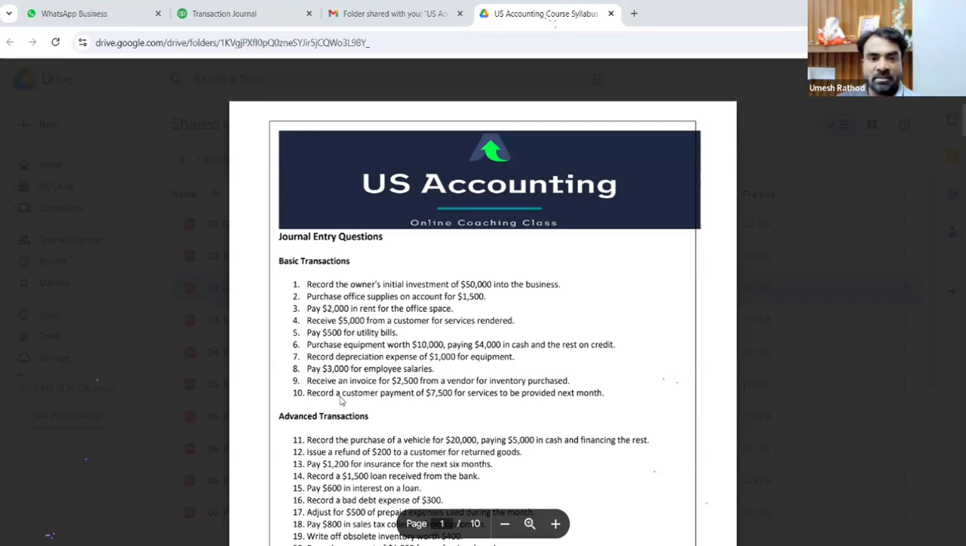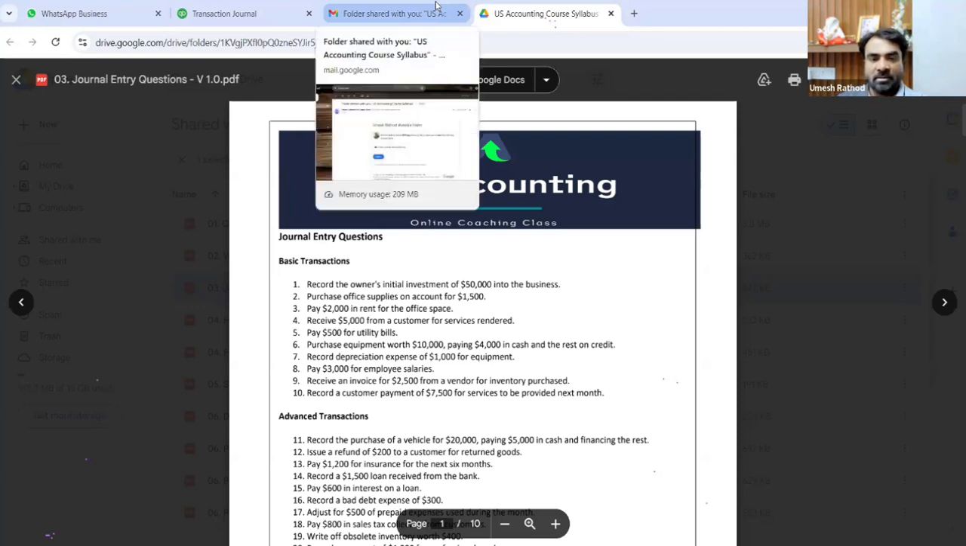And the second transaction is: Purchase office supply on account for 1,500. Okay. So now what is the transaction? We have purchased office supply. So what we have purchased? The office supply. Office supply is debit, right? Debit, yes. Cash is credit. Okay. And that is